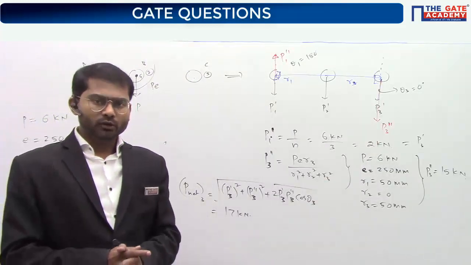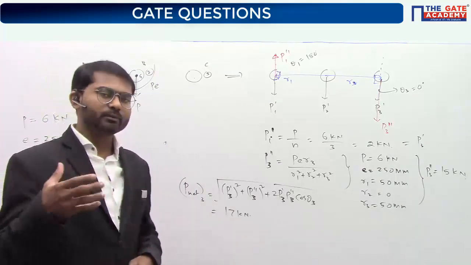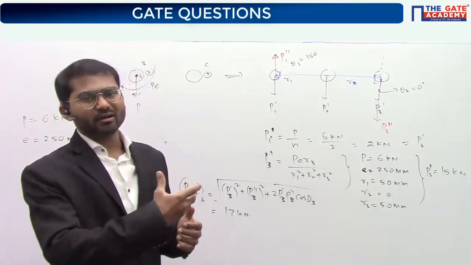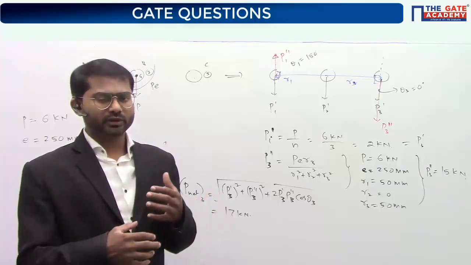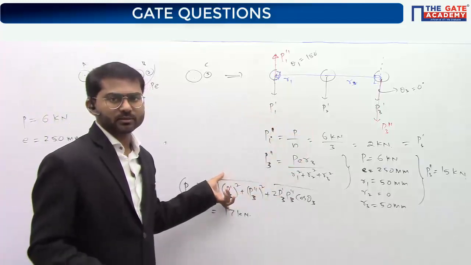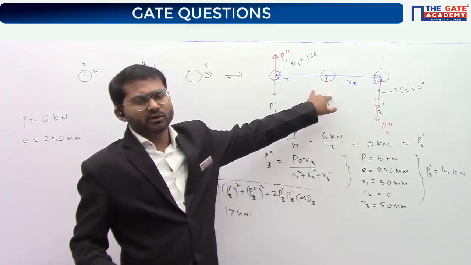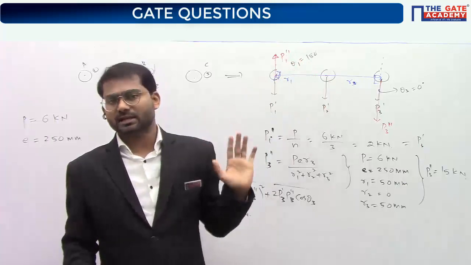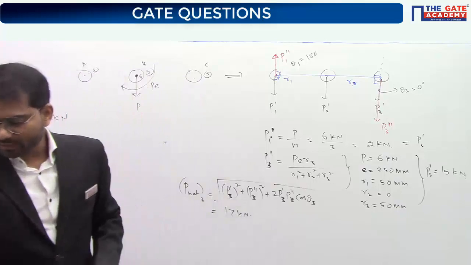Clear everyone? I know that everybody got the correct answer. Now what you should be improving, or understanding, is that you should eliminate all the unnecessary steps. This comes with practice only, but remember how you can solve the question fast. When you observe this type of arrangement, you can simply eliminate this particular step. If they simply ask you the net force on this rivet number 2, you understand that it's coinciding with the centroid, so find the primary force and give that as the answer. Like that, you just have to think fast. Clear everyone? I hope there is no doubt regarding this question.